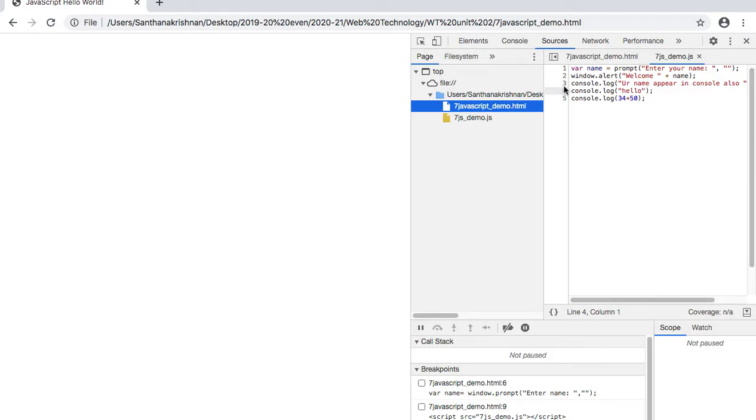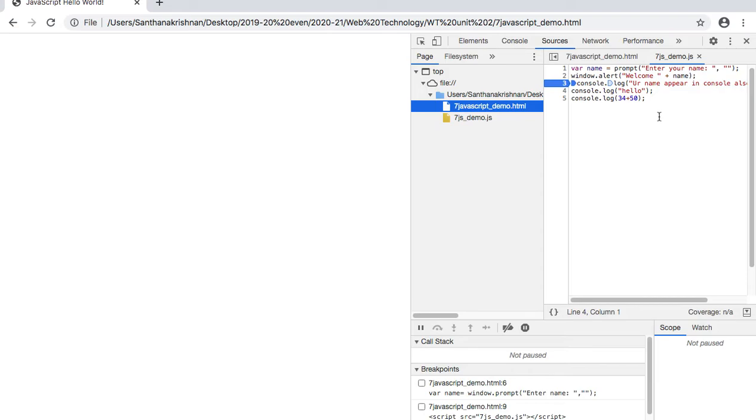Just click on the line number. So till that line number alone, the display will be there. In this JavaScript program we have 1 2 3 4 5 lines, is it not? So 5 lines are there. By clicking this line number 3, I am inserting one breakpoint. So what does it mean? The JavaScript will execute only up to this point and it will stop executing the remaining lines.